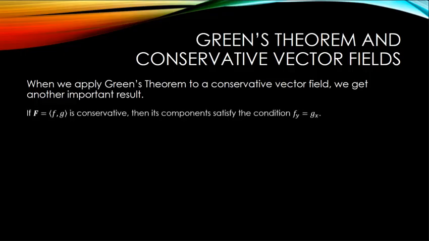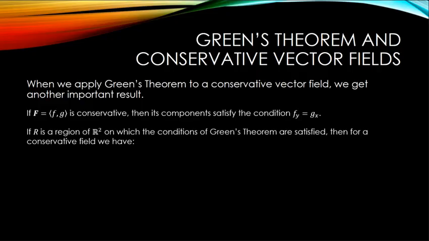If my vector field F is given by vector components F and G, and it is conservative, this means that its components satisfy the condition that the partial of F with respect to Y has to be equal to the partial of G with respect to X. If R is a region of R2 on which these conditions for Green's theorem are satisfied, then the conservative field